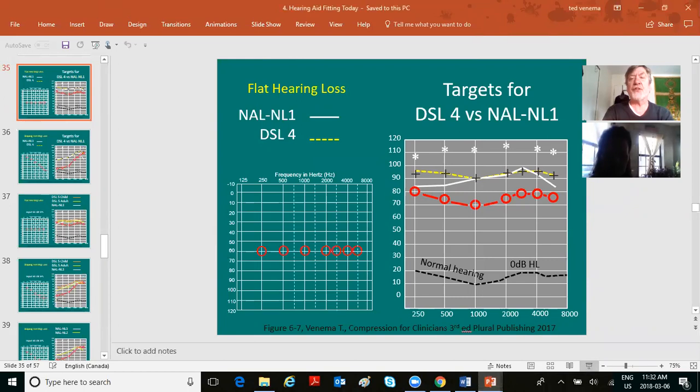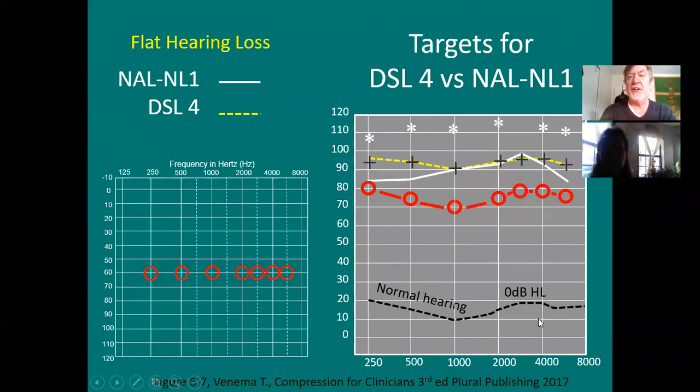What we're doing here is comparing the basic targets of several of the more popular fitting methods out there. The NAL-NL1, as opposed to DSL4. Both of these, as you know, are earlier versions of today's fitting methods. They fit between the fitting methods of yesterday, Berger, POGO, NAL-R, Libby, those old ones, which were meant for linear hearing aids. These are now meant for compression hearing aids, which is why they were called NAL, non-linear, version 1, and